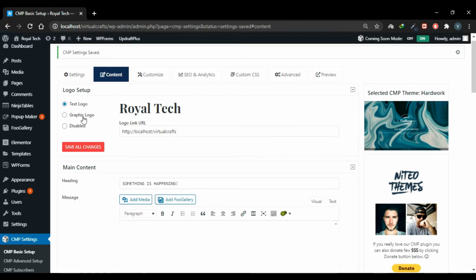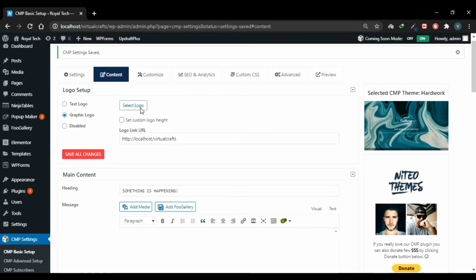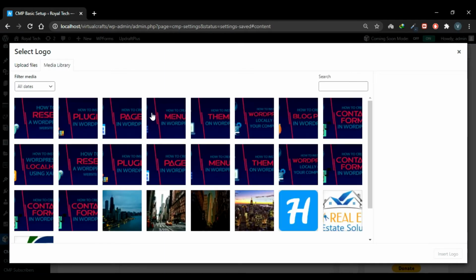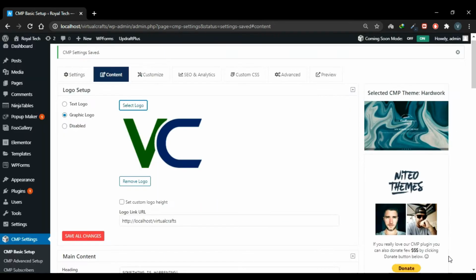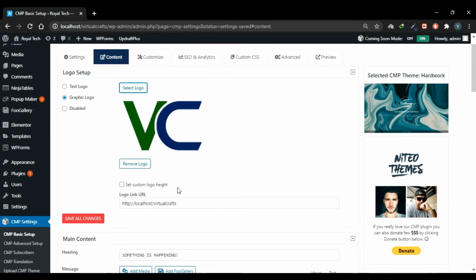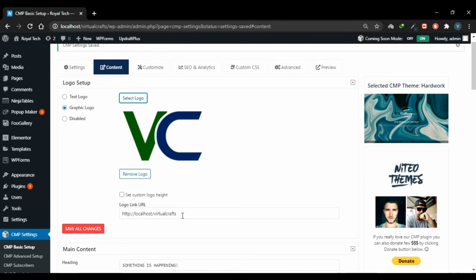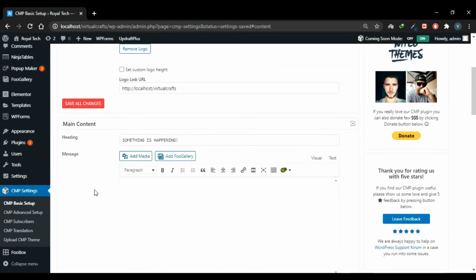Let's use a graphic logo and select a logo from our media library. Insert logo. You can use custom logo height. We will use it if the logo looks too big. And when someone will click this logo, they'll be redirected to our website.